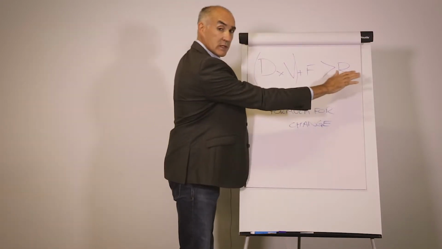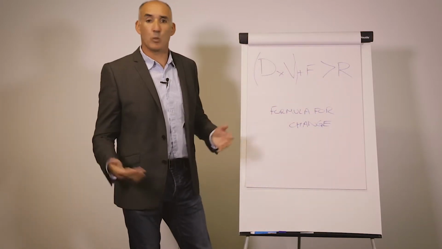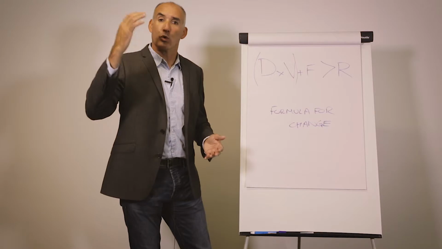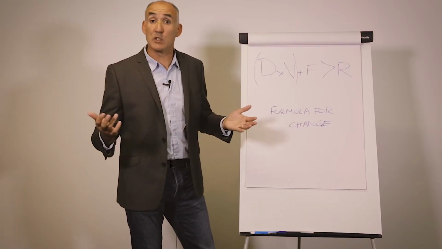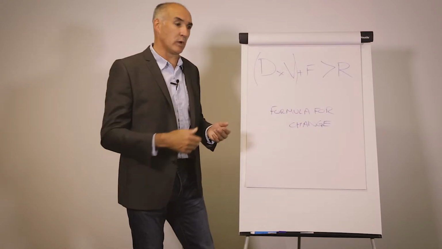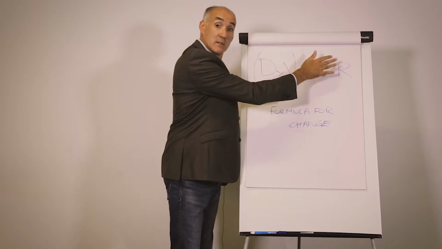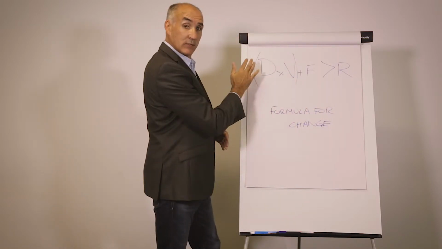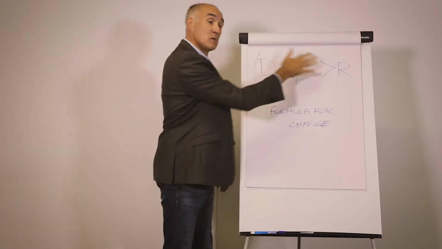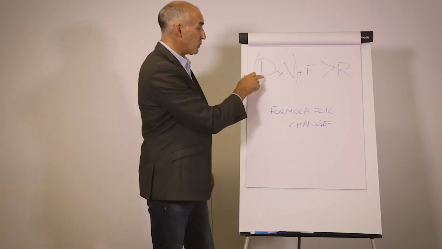So the first thing on this side of the equation, we've got R, and R stands for resistance. Now, we all experience resistance on lower or greater levels, depending on where we are, how much of a relationship we might have with somebody, whether we've got a great supplier on board. We will forgive people things, and therefore our resistance can either be high or it can potentially be low. But the reason all this sits on the left-hand side and sits in brackets is that it must be greater than the resistance in order to get somebody to change. So let's break it down a little bit more.